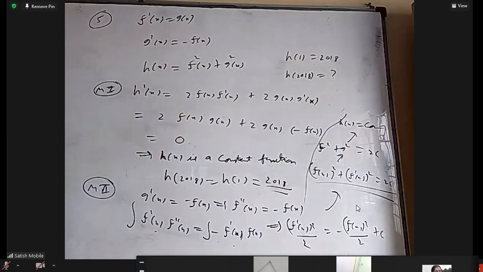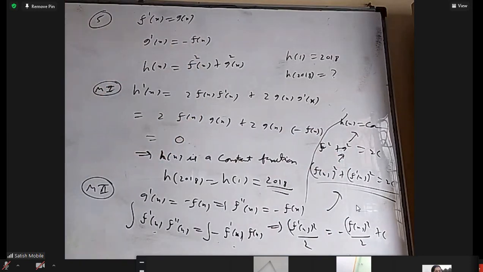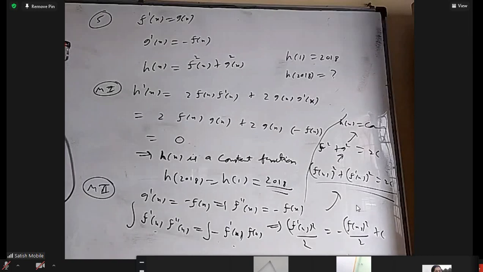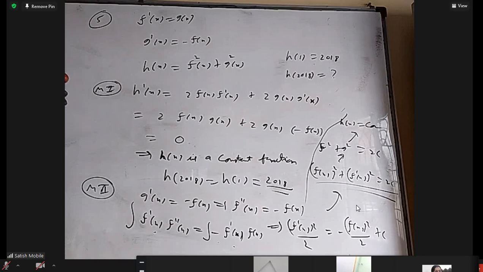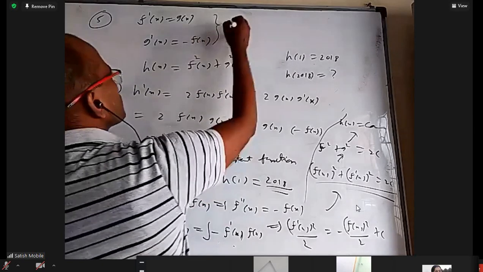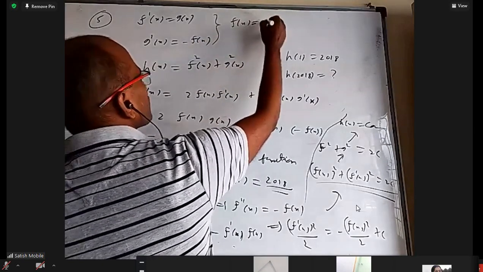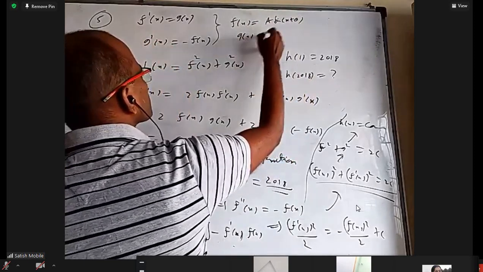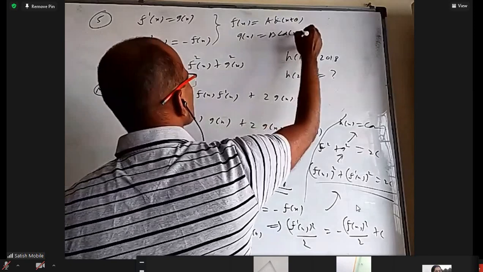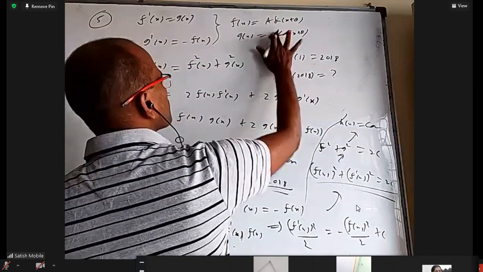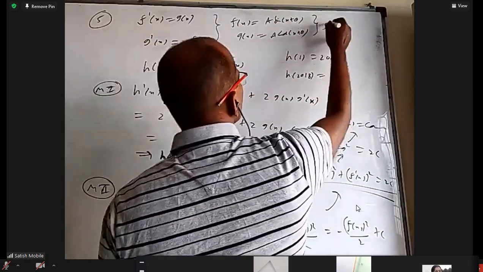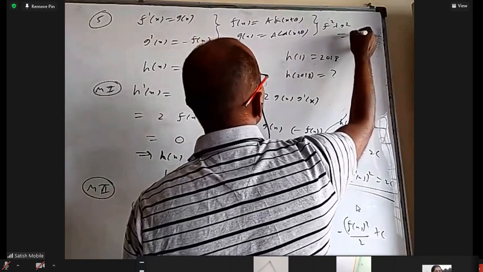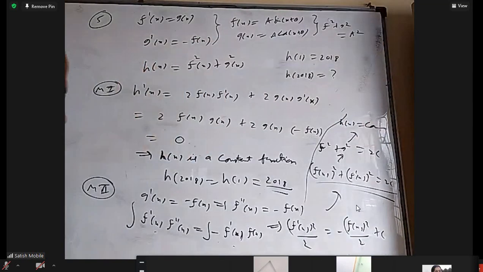Apart from that, I can nearly prove that f and g must be the sine and cos. You can take any a sine x. You can take even a sine x plus theta also. If it is possible to prove it, f of x must be a sine of x plus theta, g of x will be a cos of x plus theta. Now it is very easy to prove f square plus g square is equal to a square, a constant. Okay, one may ask how are you going to prove that?